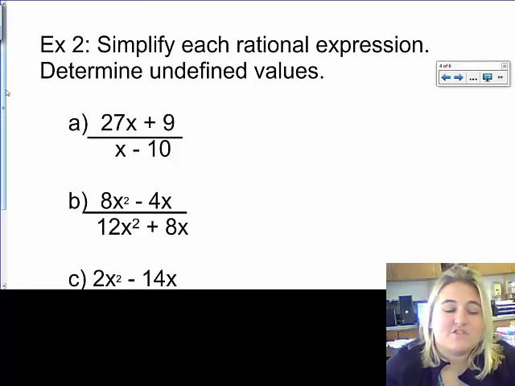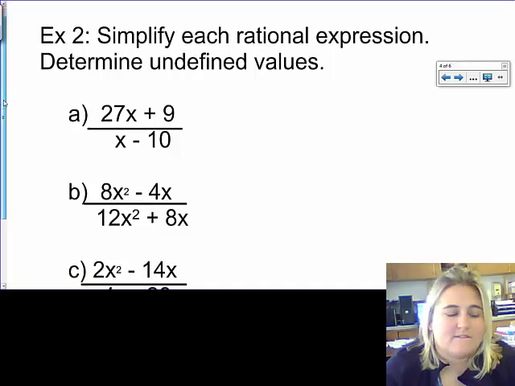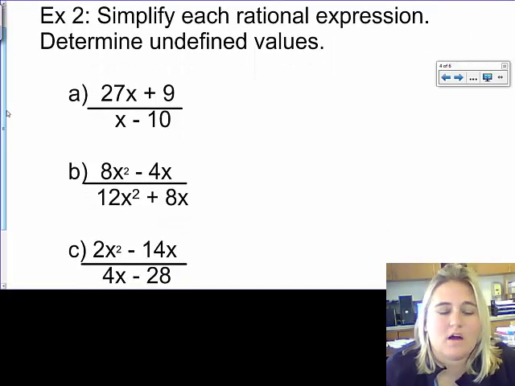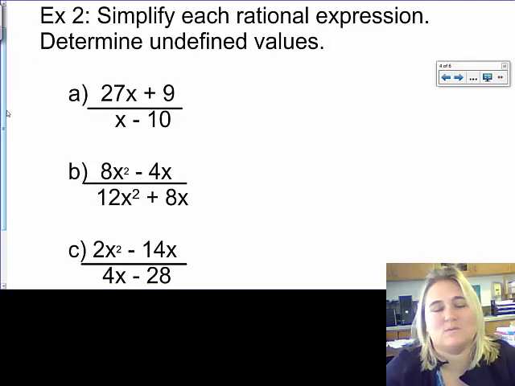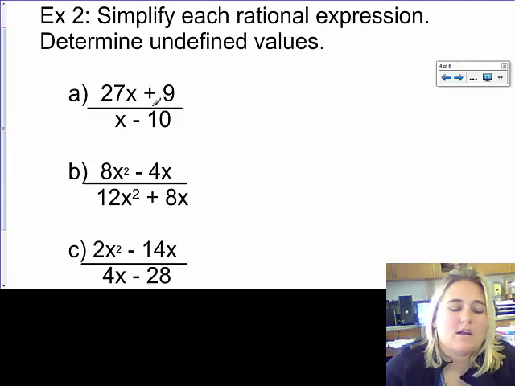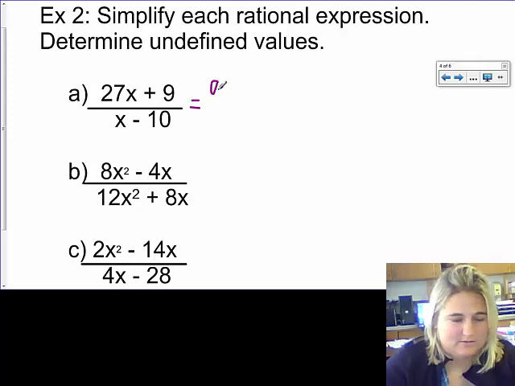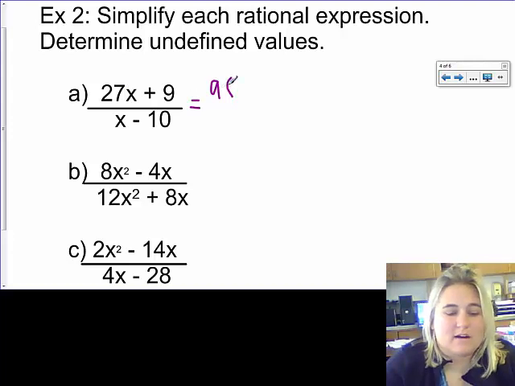Simplify each rational expression, determine undefined values. So, we've been working on factoring a little bit, and for us to simplify these, we're going to have to factor. So, on A, the top, I can factor a number out of both of these. I can't take an x because x isn't in both terms. So, the number that I can factor out of both is a 9. And if I take 9 out, 27x divided by 9 will give me 3x plus 9 divided by 9 gives me 1